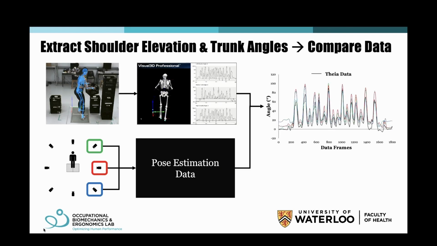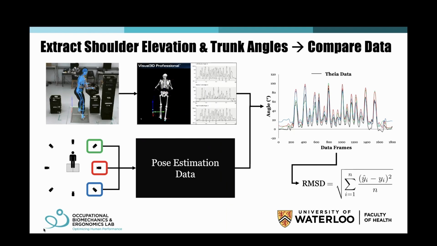So we got the shoulder elevation and trunk angles from the pose estimation companies, and we compared them together. This is just an example graph where we have angle along the y-axis and data frames, or the time that the trial was going on for, along the x-axis. Theia data is in black, and then here are the different camera views, with green, red, and blue representing each of the cameras compared to the Theia. From there, we determined root mean squared differences between each of the camera view companies and the Theia Markerless